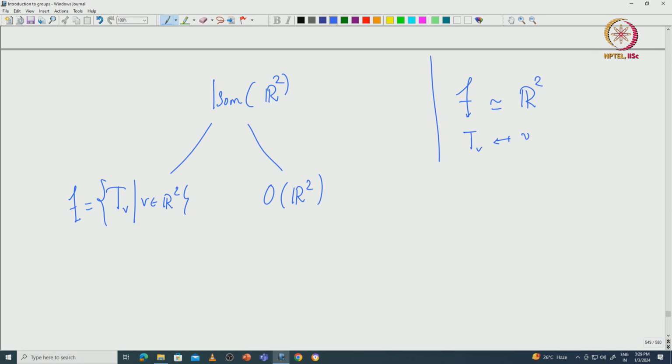Maybe you can try to check that. But what we will be interested in later, I will spend one more class on these isometries of R2, and I will try to study all the finite subgroups of isometries of R2. Our ultimate goal is to understand